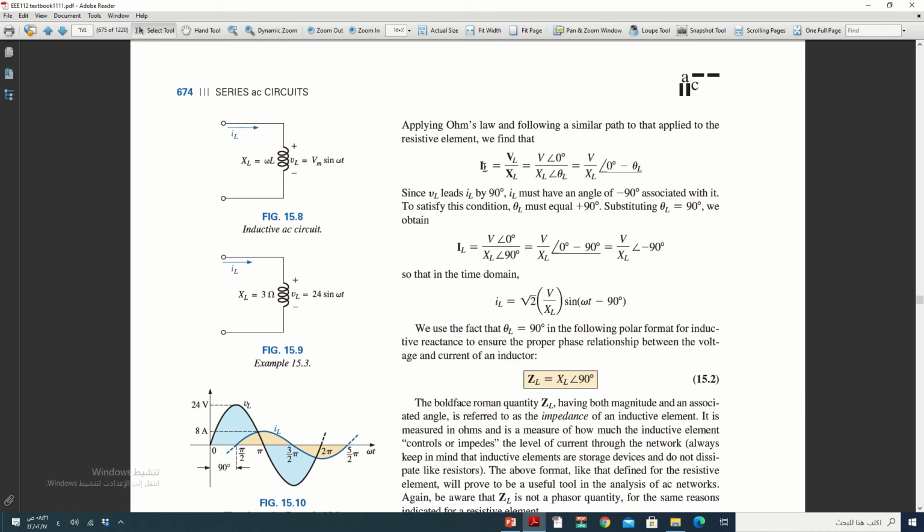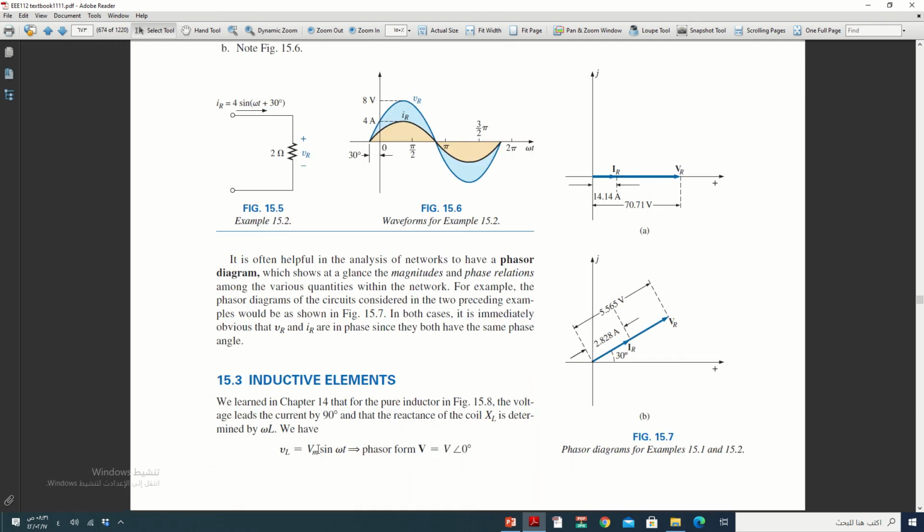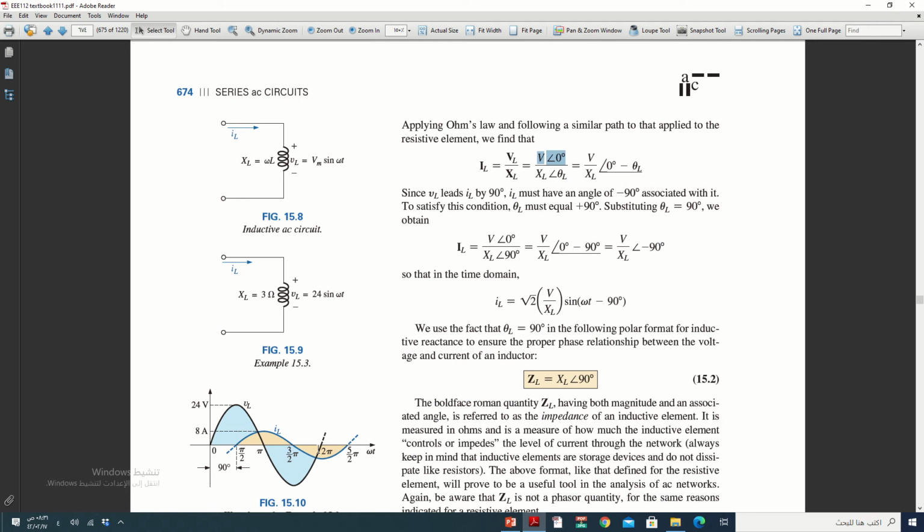IL by Ohm's law equals VL divided by XL, and VL equals VRMS with angle 0 since it's given here. It is not always with the angle 0, but here since it is given, we'll write angle 0 here and divide by XL. XL here